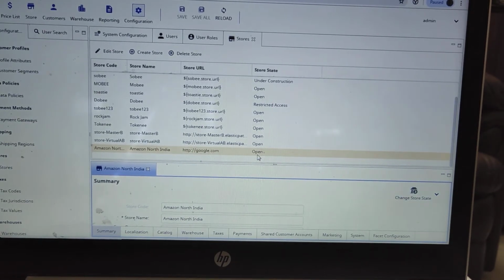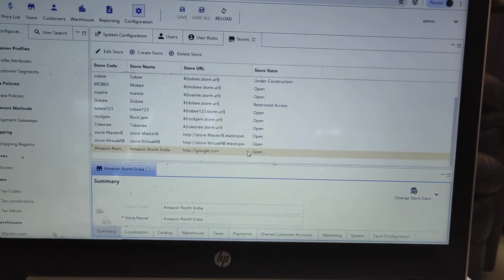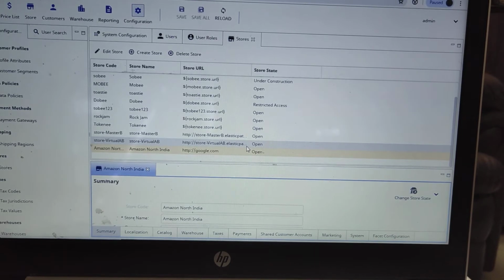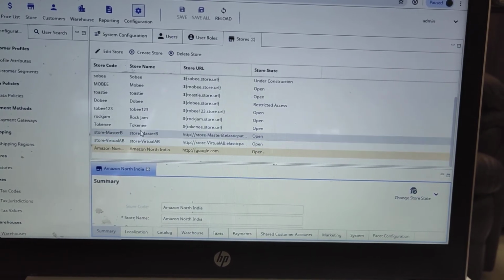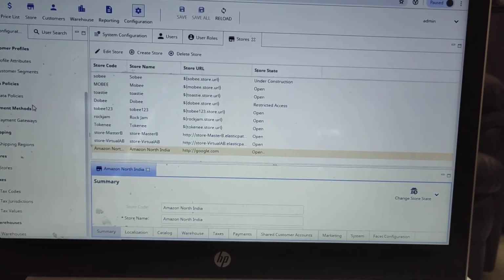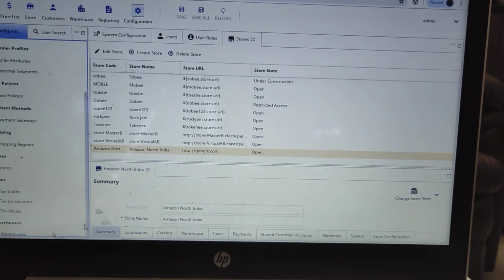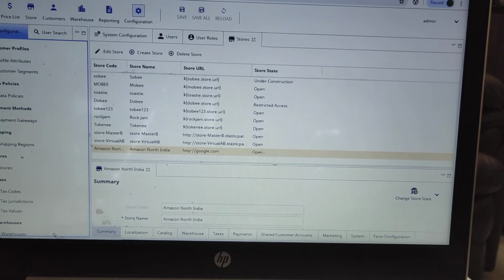Whatever the state will be, except under construction, the option will be available in the other tabs like users and all, right? So well, we are done with these, right? All the options available. So now move to the catalog,